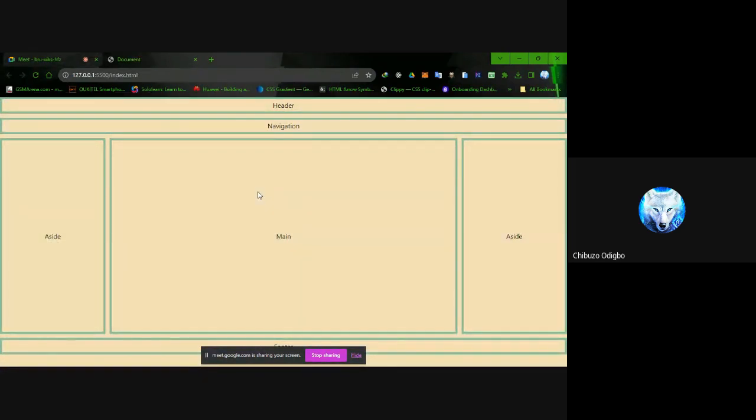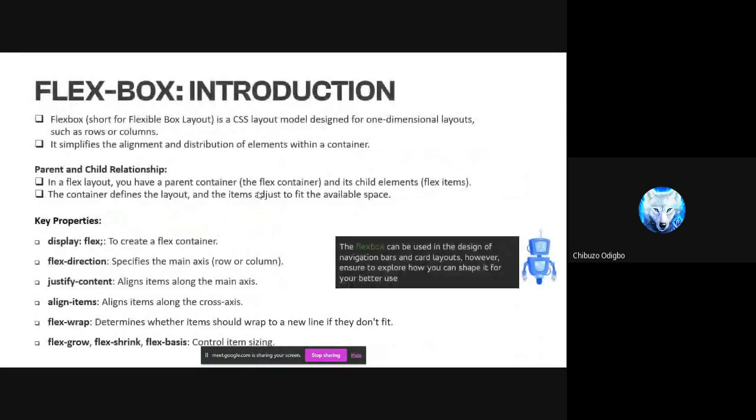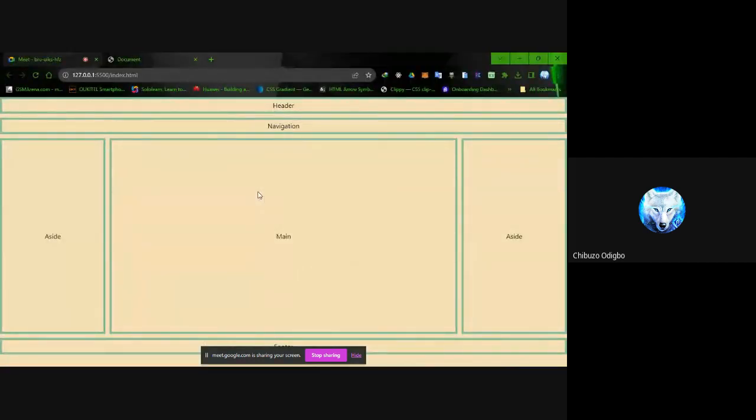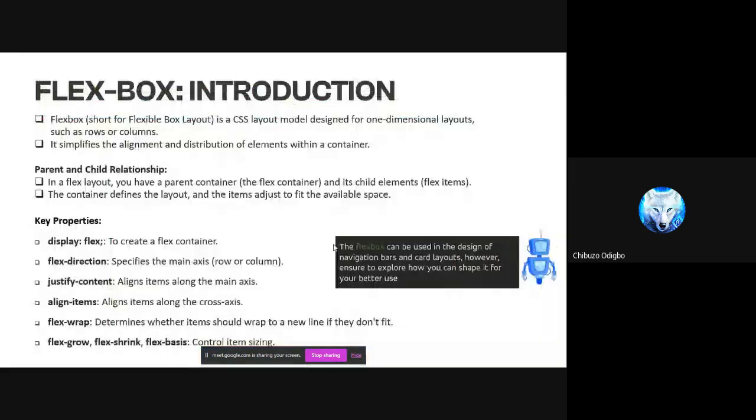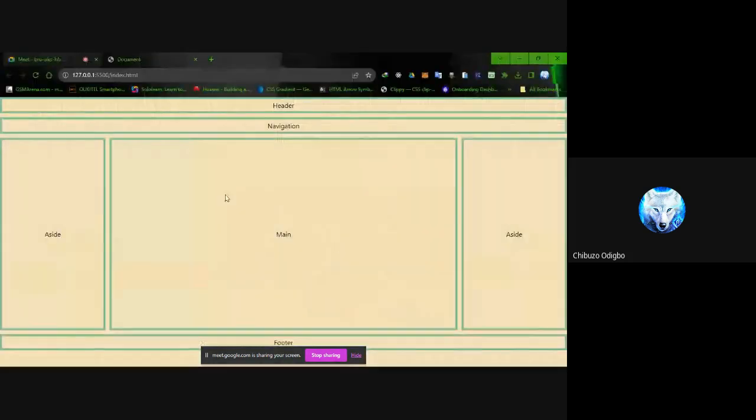Okay. So we have now successfully used our Flexbox to recreate this design. You can see how we have just made this outline with just a few lines of CSS code to create a flexible design. So people that are using mobile,